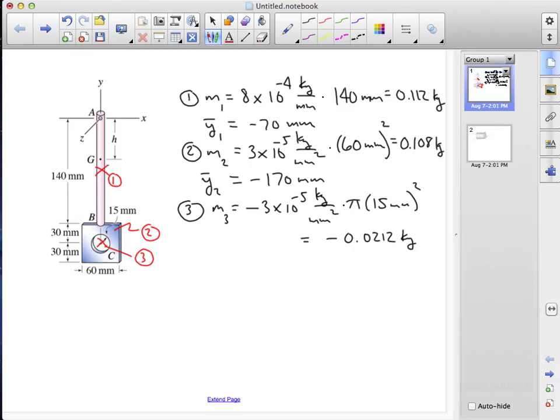So the location H for the center of gravity should be, it's actually shown in the figure as though it's less than half the length of the rod, but actually with this larger mass at the end of the rod, we expect it to be biased in the other direction. We expect H to be greater than half the length, greater than 70 millimeters. And so we'll write H equals the center of gravity equals the mass weighted average of these different centers,